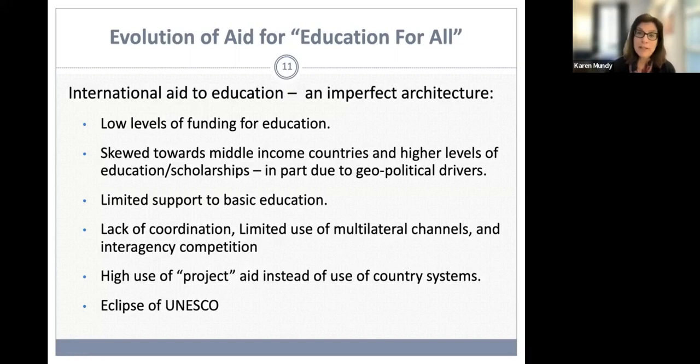Today, that use of project aid is actually on the rise, and the use of multilateral channels has improved a bit over time, but still not the same as in other sectors like health. And one might say that part of the reason, I think, for the fact that education has never been quite as multilateralized as health lies in this originary role of education in creating national citizens, and this tight use of education for cultural influence, winning hearts and minds, that still is important today,